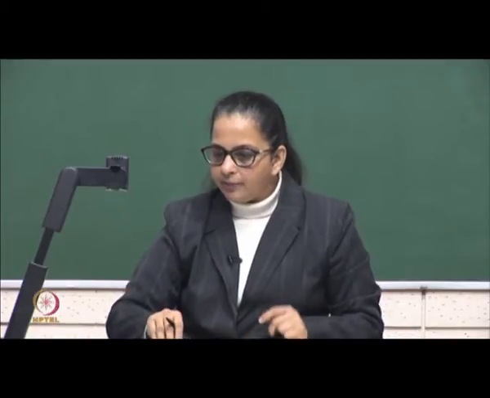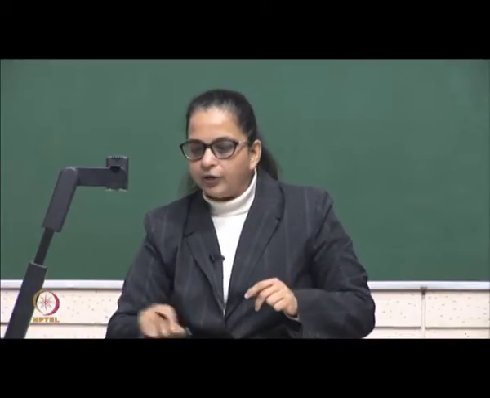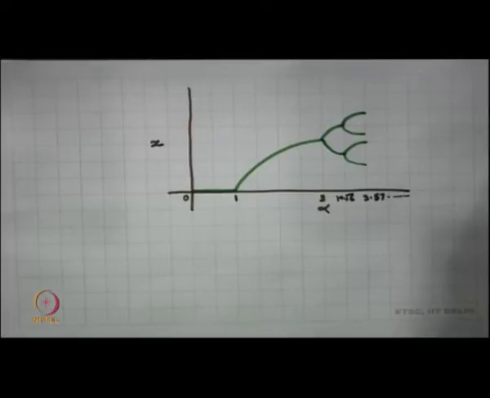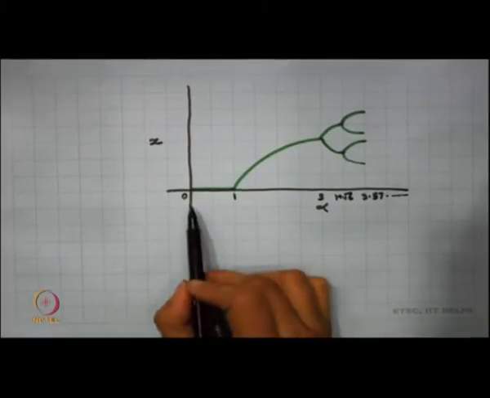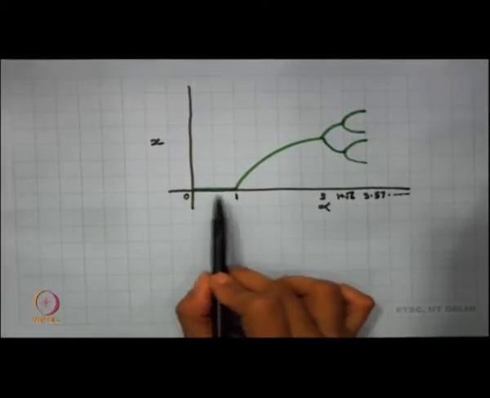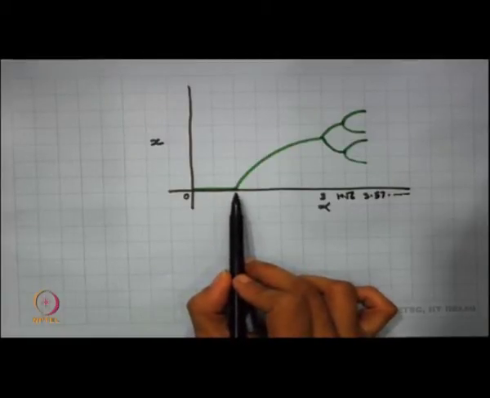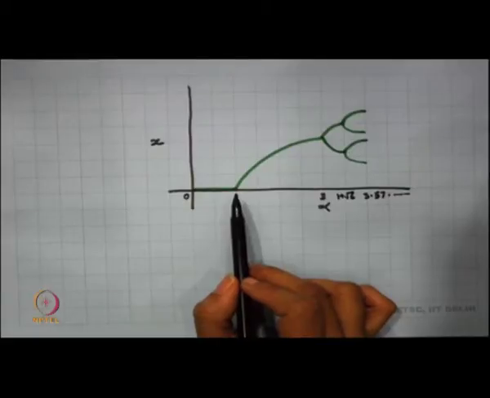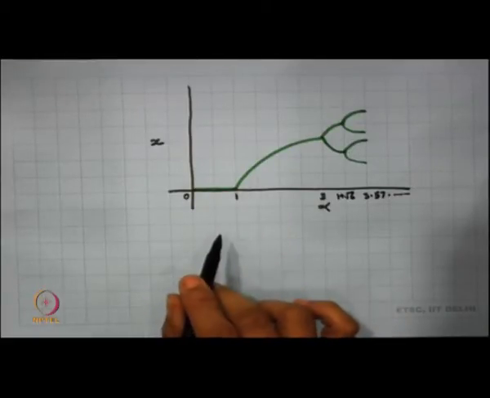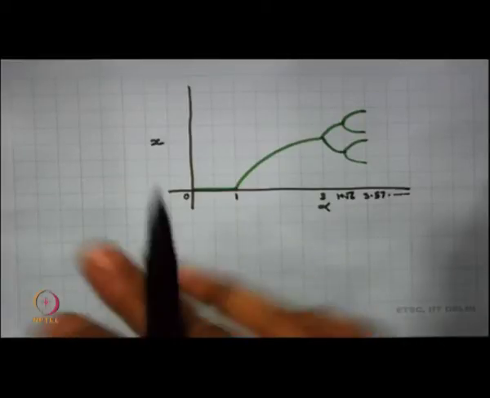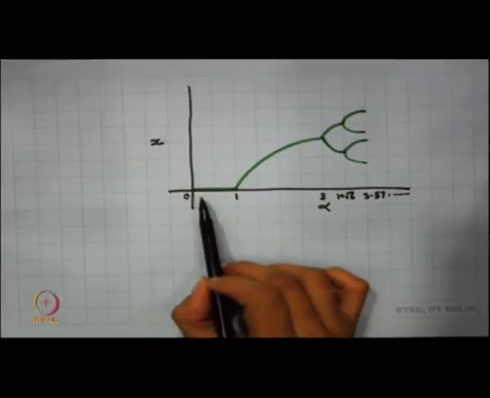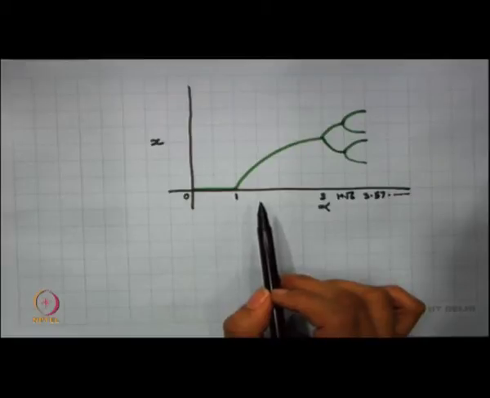Now, if we proceed in this manner, we try to see what happens here. If you look at the graph of x versus alpha, as alpha varied from 0 to 1, we had only one fixed point, 0, and that fixed point 0 was the only attracting one. So, when you try to see what happens at infinity, you will see that the system only turns out to be equal to 0. The entire thing is collapsing to 0. We can only see 0 here, we can't see anything else at infinity.